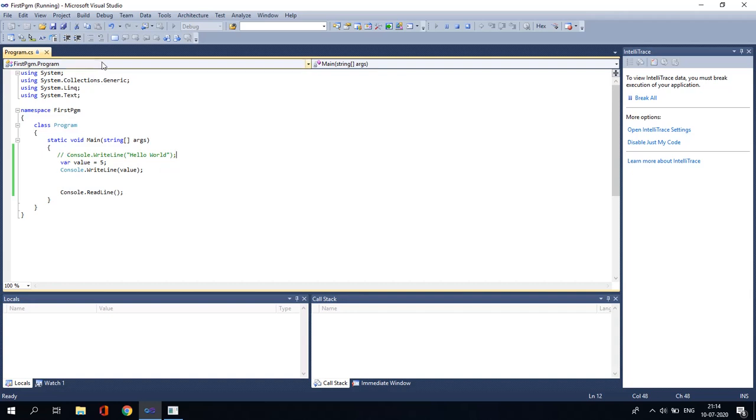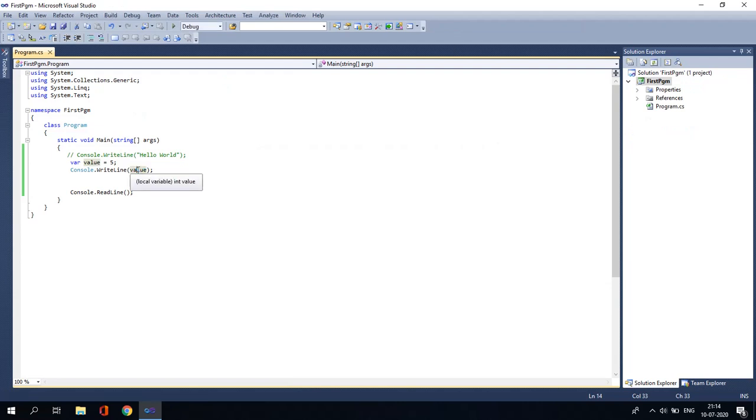So that goes for variable naming. C# is case sensitive. So if I'm using value is equal to 5, and if I'm printing here, this is in run mode, and I can't make any changes in run mode, so I have to stop the project. If I make it a capital V, that gives me an error: the name value does not exist in the current context. That just means this v is small, this V is capital, so these two represent different variables, which is not accessible. So